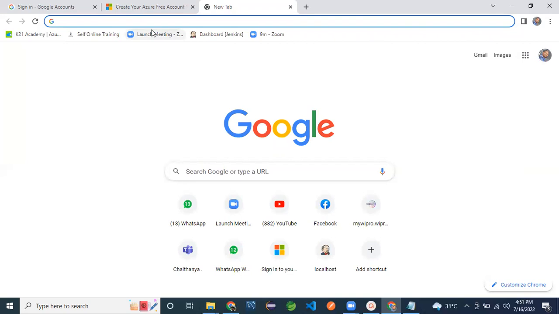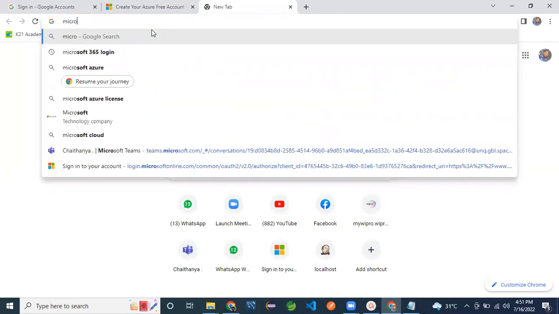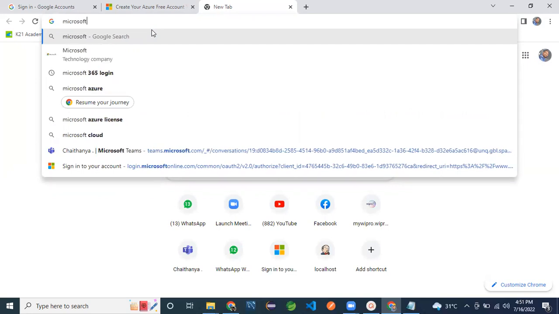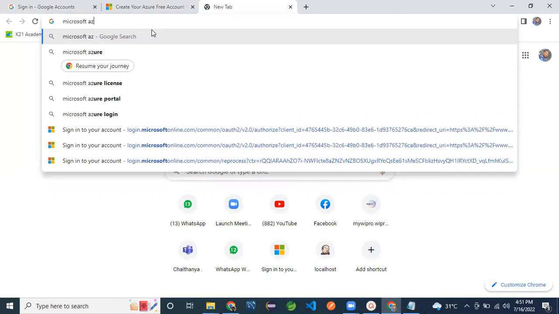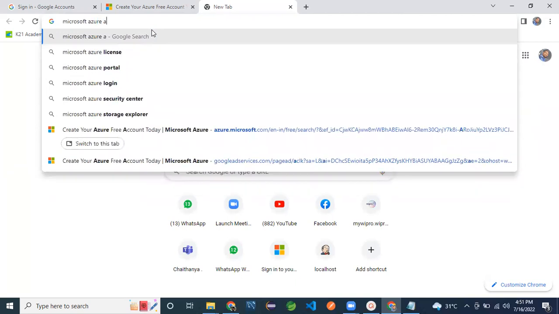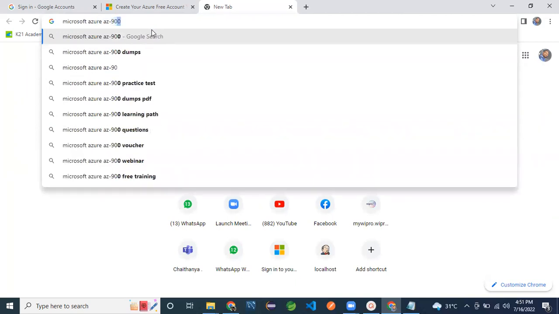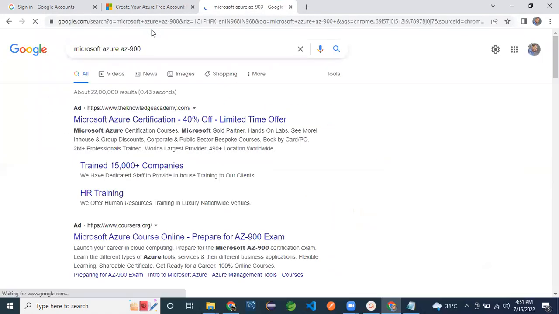Okay, so first of all, let me write it. Open the Microsoft site: Microsoft Azure AZ-900. You can go to Google and type Microsoft Azure AZ-900. You will get some results.